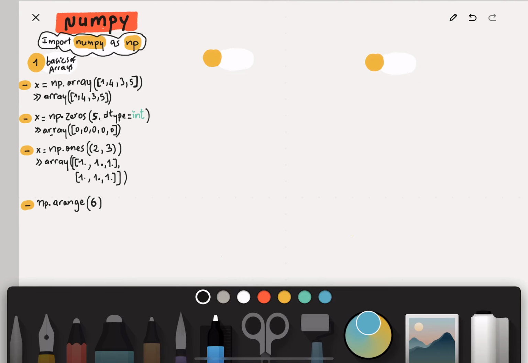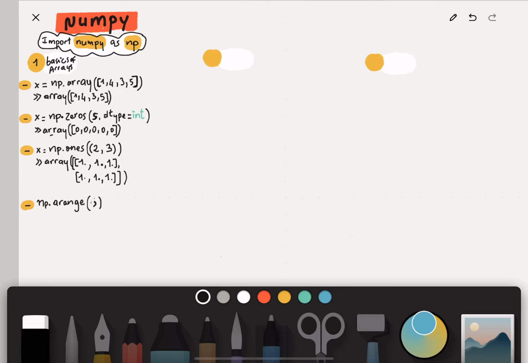Let me even reduce the number here so I don't have to draw a lot. So if I put 3, this means that I'm getting, as a result, an array that has the first number, the second number, and the third number, because I specified that I want 3 numbers here. So you have 1, 2, 3, right? So it's not that it's going to count all the way towards 3, but it's just that it's giving me